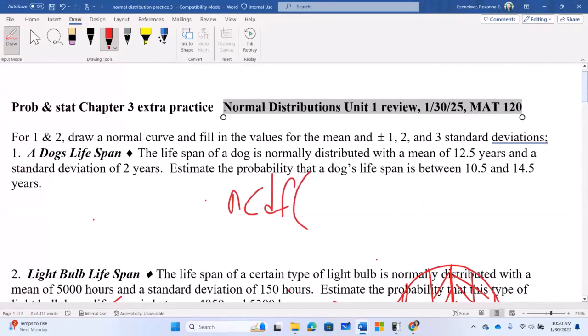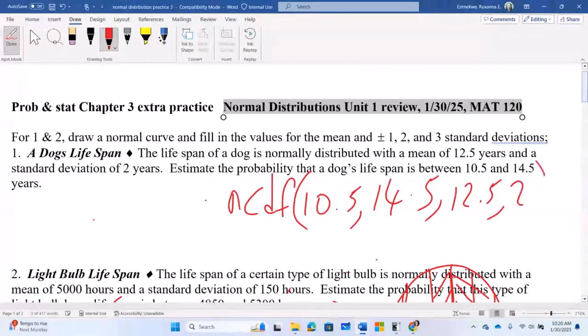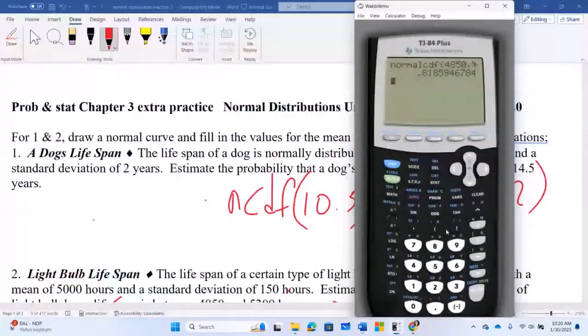I'm told to find the area between 10.5 and 14.5. And the mean is 12.5, and the standard deviation is 2. So I want to check to see that my answer is correct. So I'm going to go to my calculator,